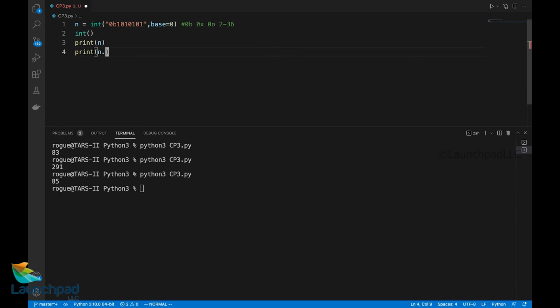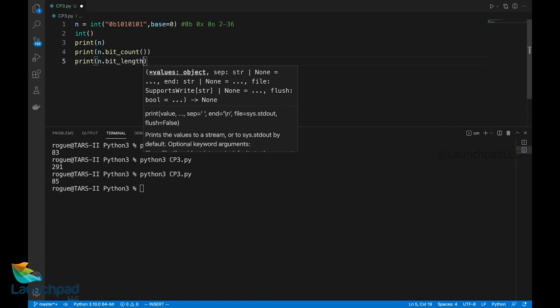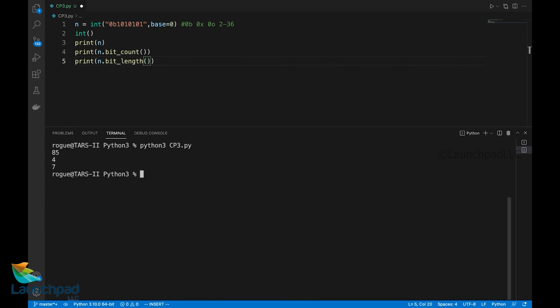So when I say n dot bit_count, and we'll print n dot bit_length, let us see their corresponding outputs. It prints 4 and 7.